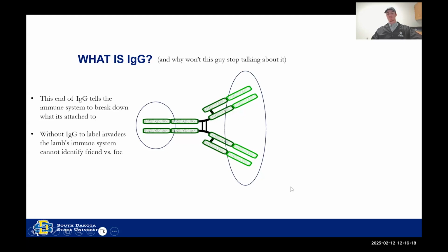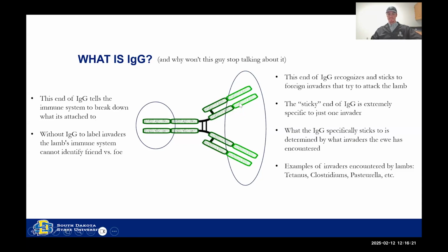Now, the other end of IgG is the end that sticks to the bacteria, sticks to the toxin, sticks to the virus when it comes into the body. This sticky end of IgG is really specific to just one invader. So when the ewe's body makes an IgG molecule, it makes an IgG molecule against tetanus. It makes an IgG molecule against sore mouth. It makes an IgG molecule against